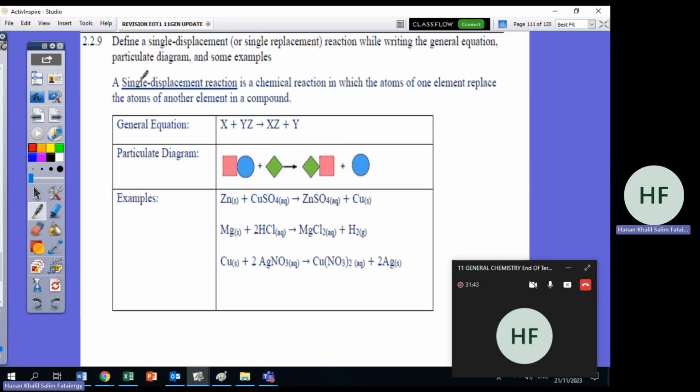The third type is single displacement. Single displacement means changing places. Here X is alone and Y and Z are friends. What happens? X kicked Y out, so Y is out, and X sat instead of Y. X took the place of Y next to Z. Okay, what happens here? The pink and the blue were together. The blue is out and the green came with the pink. So single displacement means one